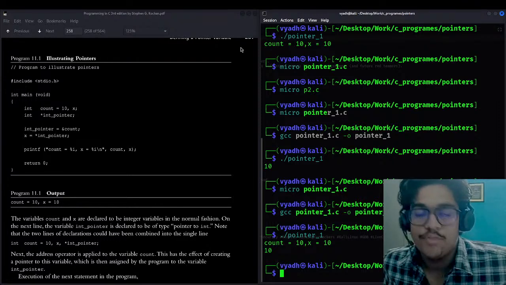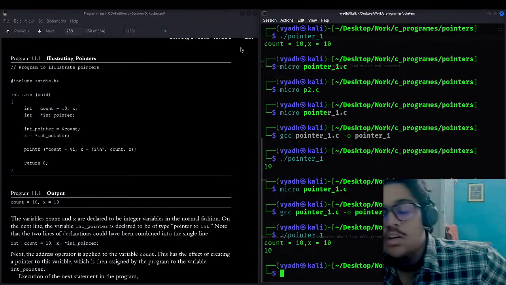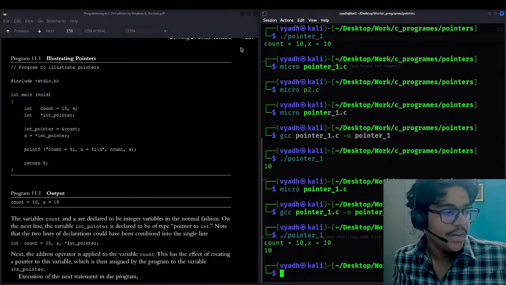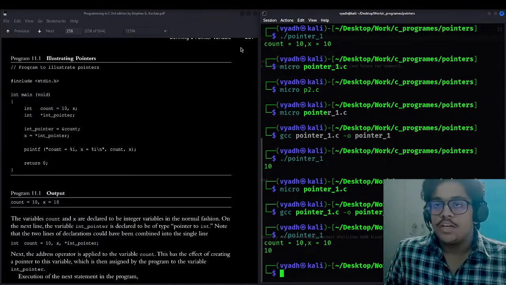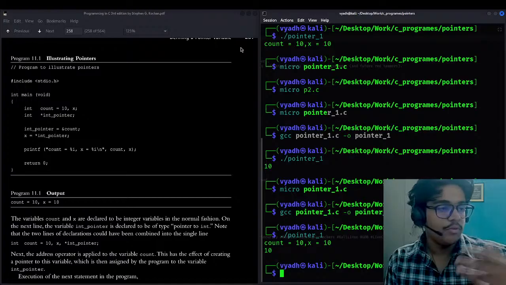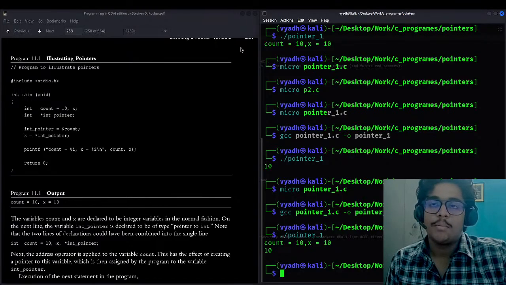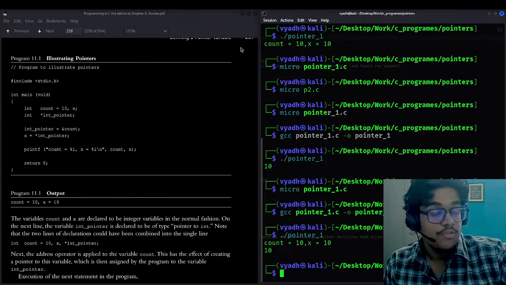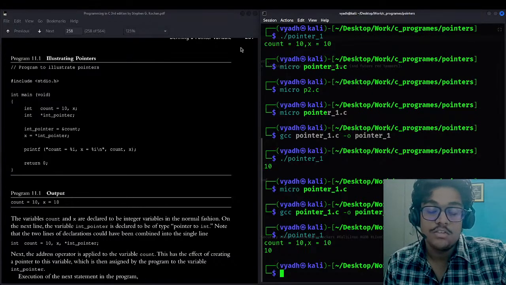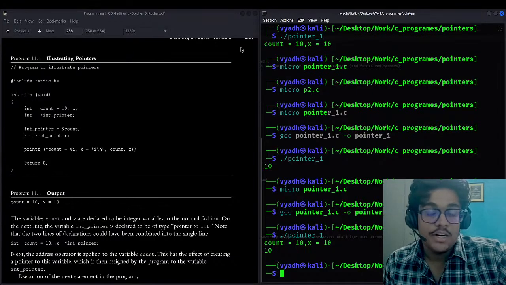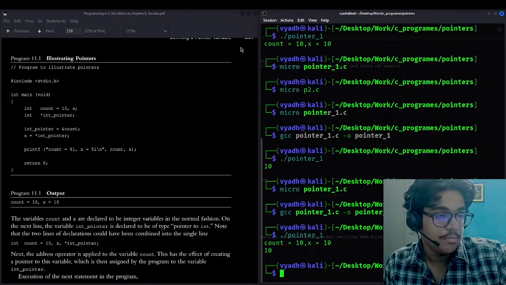Firstly, if you are new to the stream, we are targeting penetration testing. The plan was that we will go with C programming basics, then C programming for secure coding and malware analysis, and then we will learn assembly, and after that reverse engineering, because for reverse engineering you need knowledge of both assembly and C.